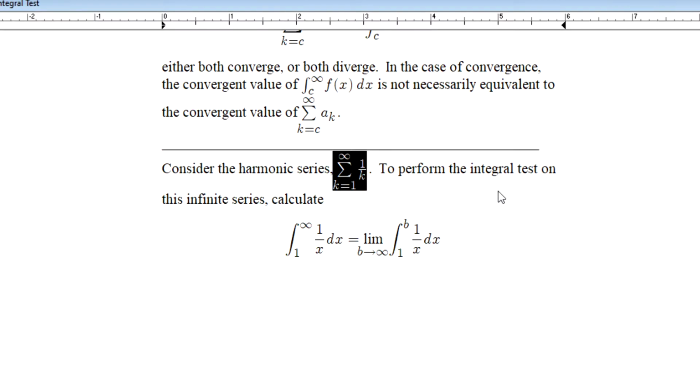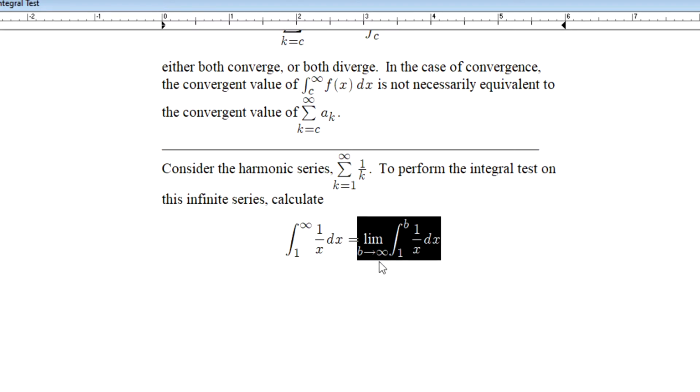To actually perform the integral test here, what we're going to do is take the functional description of our arguments in terms of k and consider calculating the improper integral for those arguments, where the bounds on that integration will go from our lower index of 1 up to infinity, and the integrand will take on the form of 1 over k, where k has been replaced with the independent variable x. And we're going to calculate the behavior of this improper integral. And keep in mind, when we saw this back in chapter 8, we were going to approach this as a limit. A limit as b heads to infinity, b being the upper bound on this definite integration,